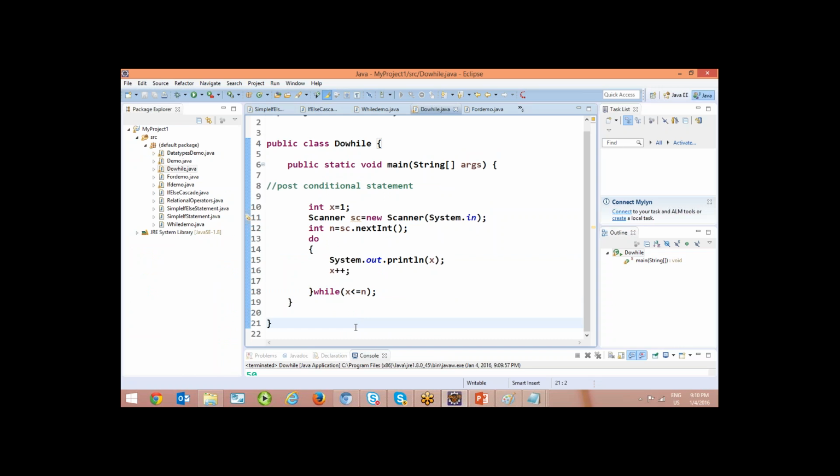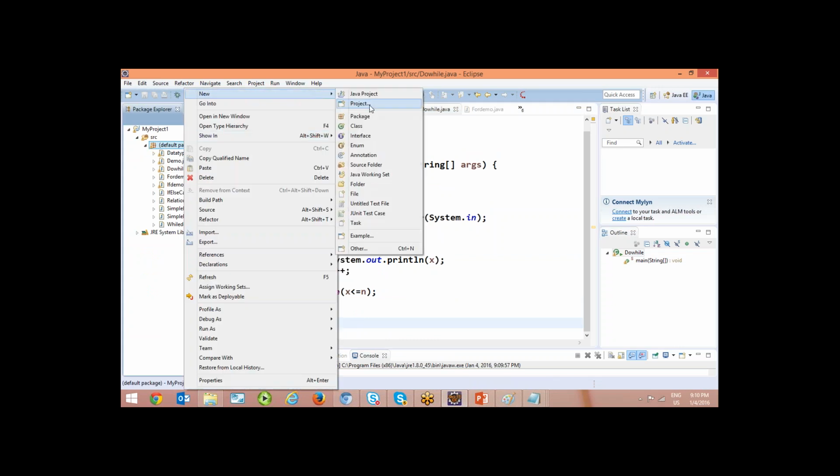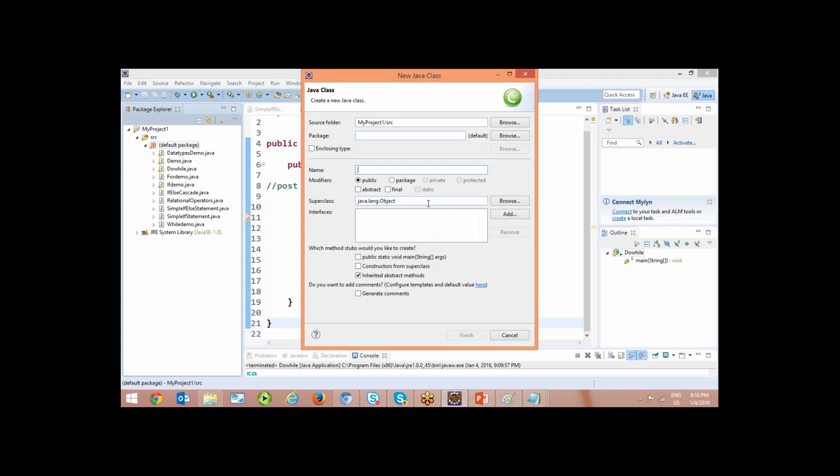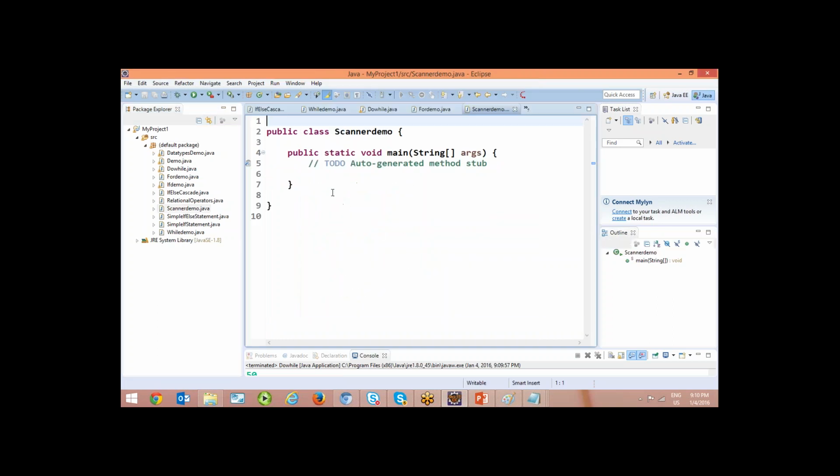This scanner is not only for an integer, it can be a float or double or long or a string, anything we can read. I'll give you one example to practice that. First, I wanted to read my name. String name equal to scanner dot next is a method to read a string.